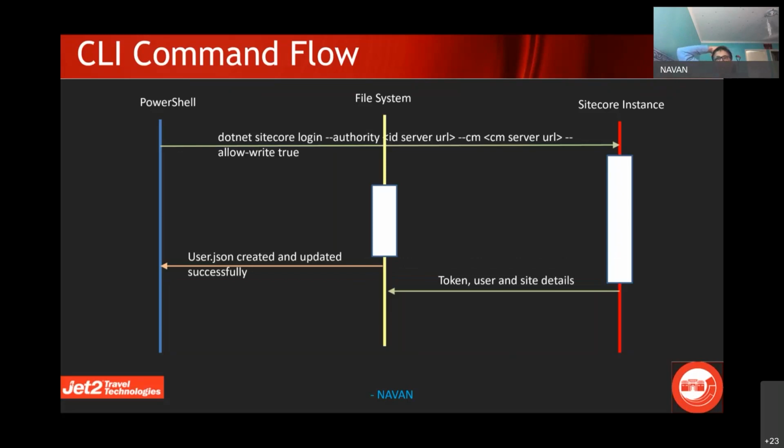So every time, you don't need to go and open the Sitecore instance. Instead, the token is stored in the user.json file, and you specify your login details once.